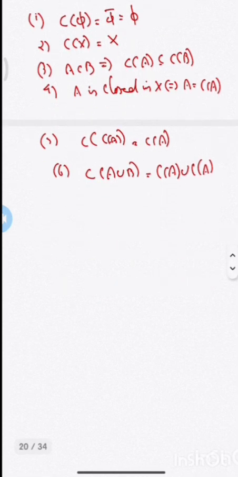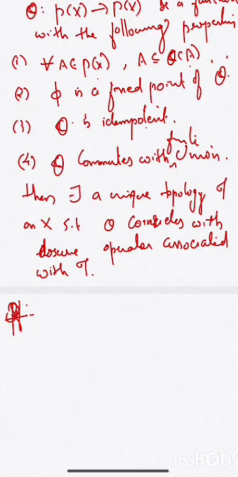Suppose we have a set X and there is some function theta, or some C, from P of X to P of X with some properties. Then does there exist a topology? Yes. By using some properties of this closure operator, we can define a topology. Some sets of capital X with some properties, that four properties, as empty set, that collection should belong